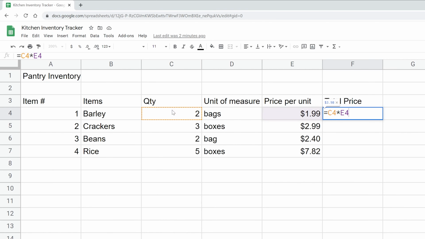So if you look, both of these cells have been highlighted, and they've been highlighted in the corresponding color. So C4 in the formula is kind of a burnt orange, and that's the color of the border that goes around the value in C4. And E4 is a purple, and this has been highlighted too. Let's go back to C4. You can also see the cell that you've actively clicked in with your mouse in the formula also has the background highlighted in a corresponding color.